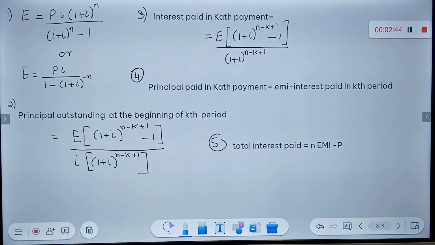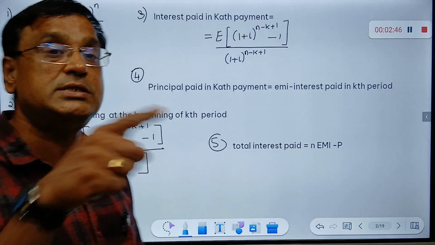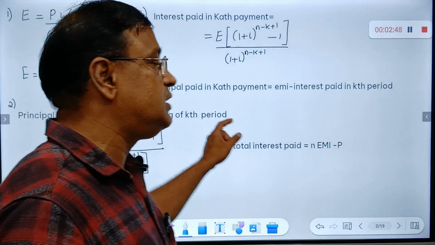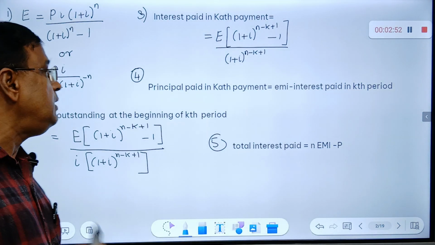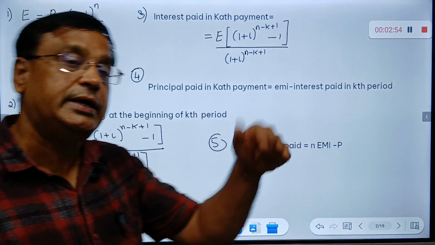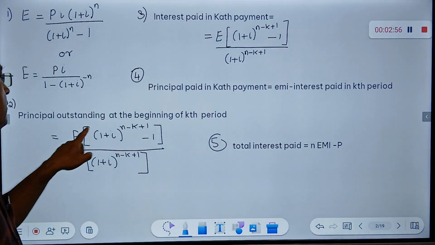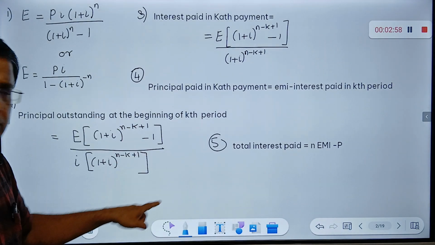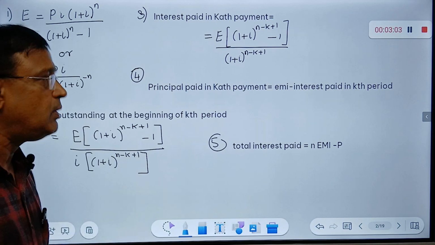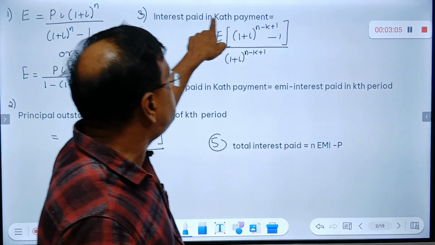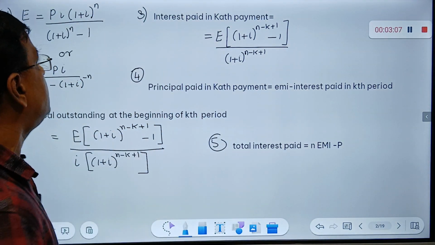The second formula is very important: principal outstanding at the beginning of the kth period. You know, this is a reducing balance method. The principal keeps changing, so how do I find the principal in the kth period? I have given a formula. This is nothing but the annuity formula, where N is replaced by N minus K plus 1. And next, the interest paid in the kth period